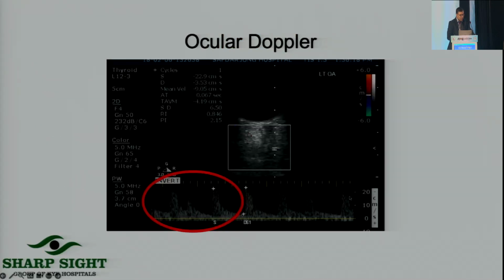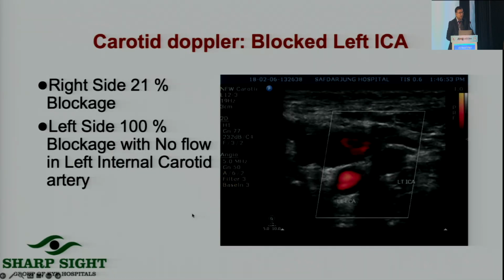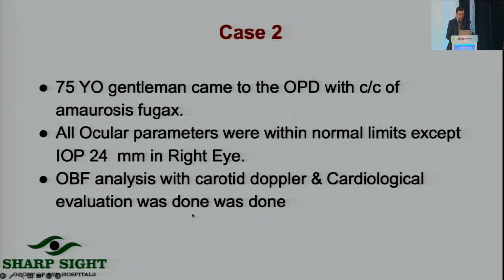So going back to the slide, we are getting some aberrant vessels, and due to that, we are getting aberrant waveforms. That is how we diagnose something different when we are doing an ocular Doppler. Case 2, a similar patient, after cataract surgery, had a pressure of 24 and was referred to the glaucoma clinic,